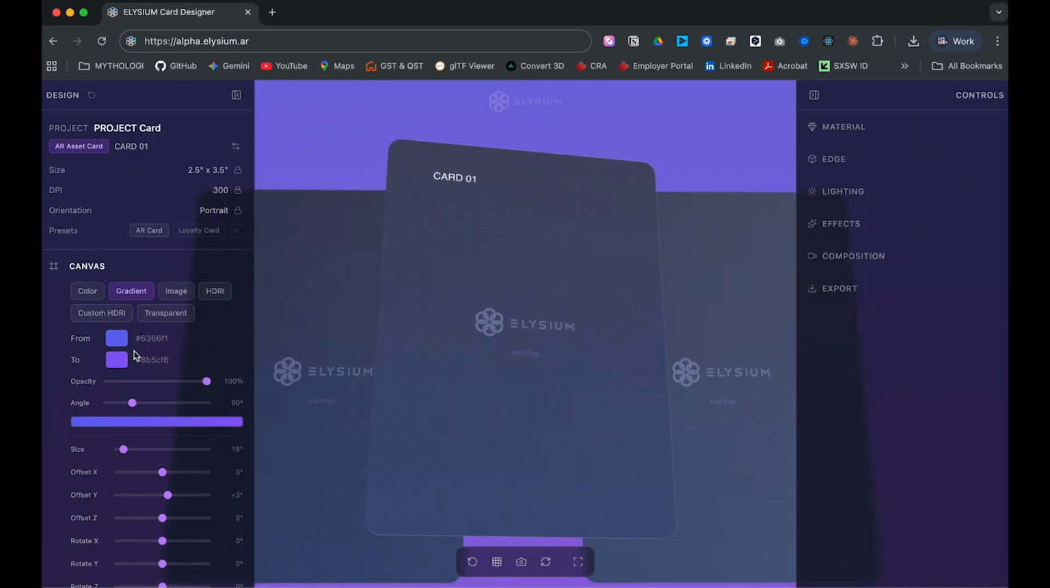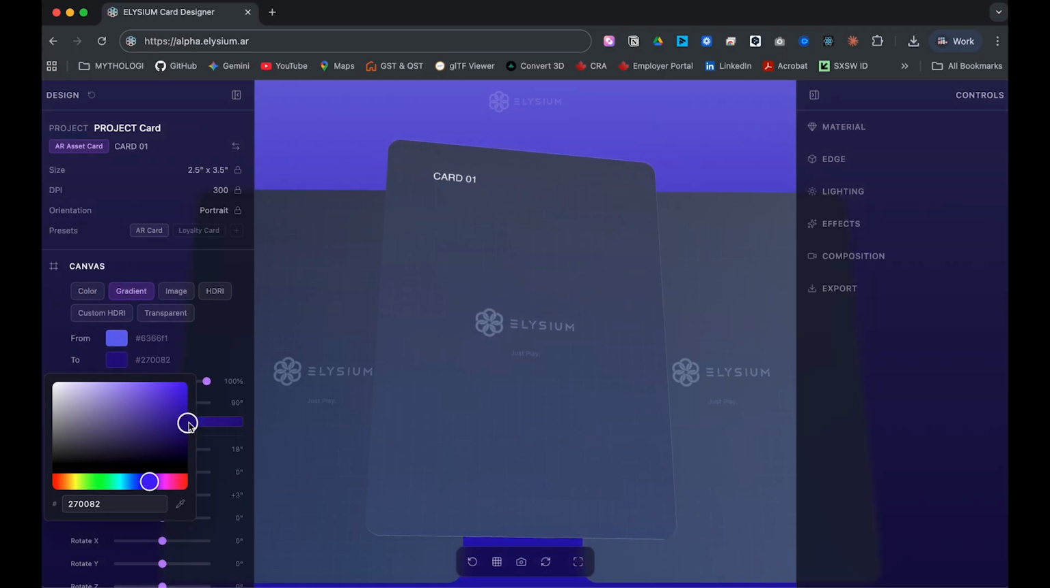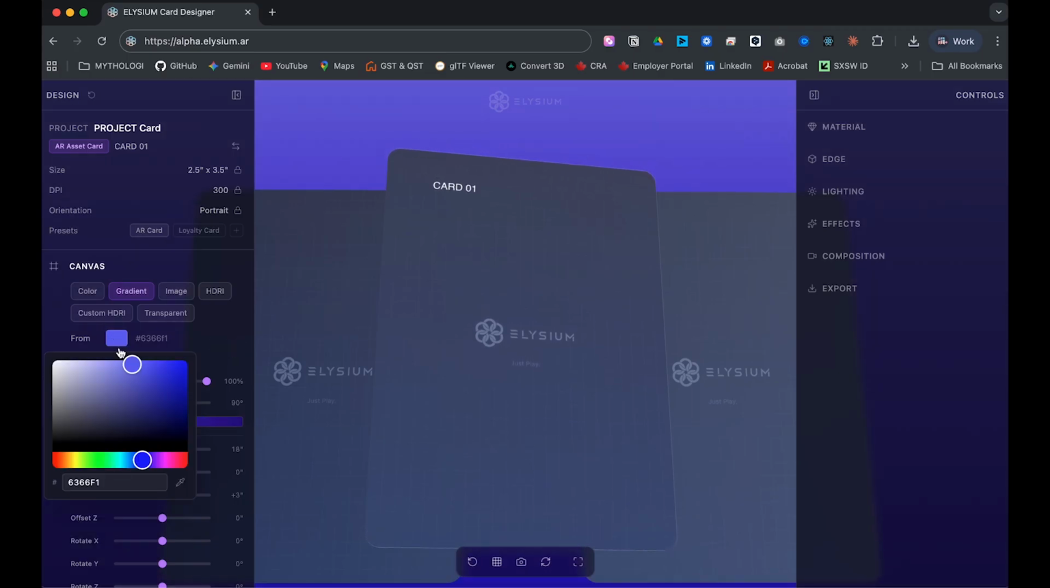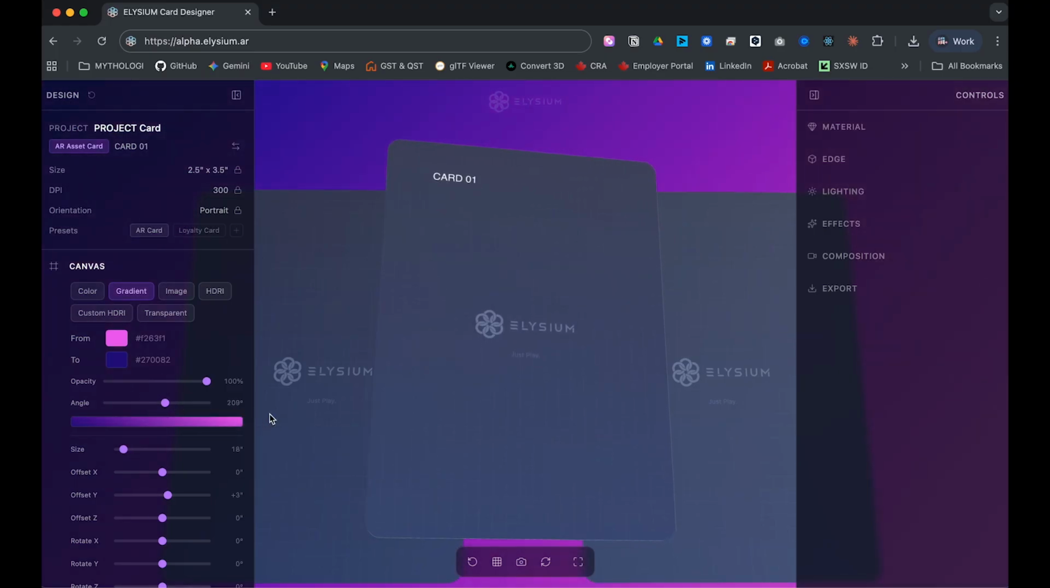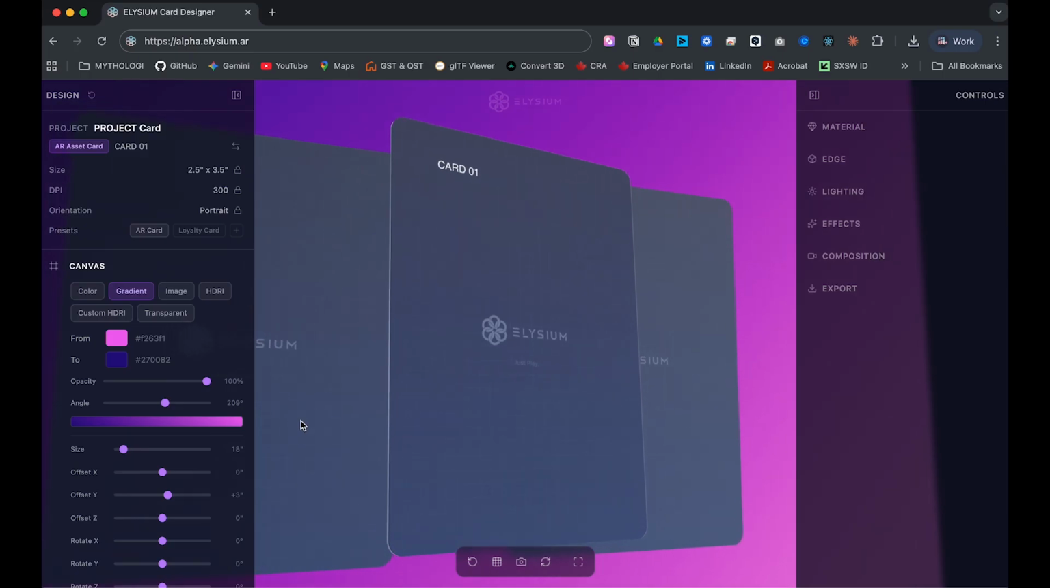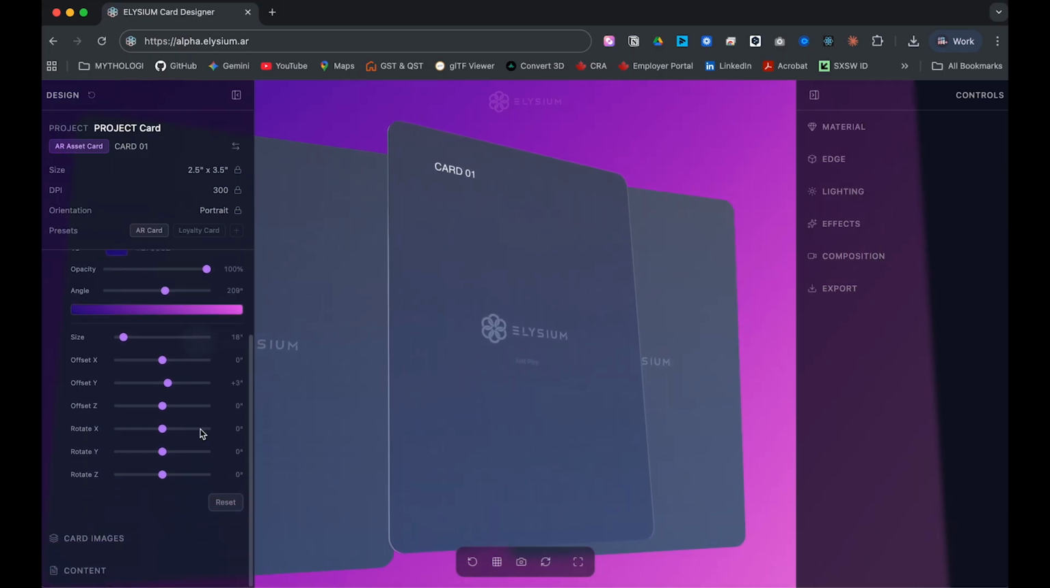You can change the colors. You can change the gradient angle. So if we change this to, say, a much darker blue, for example, and make this pink, I could do that. And then I can change the orientation of that gradient as well. Okay, so that's just the background, and you can also, at the bottom here, change the canvas